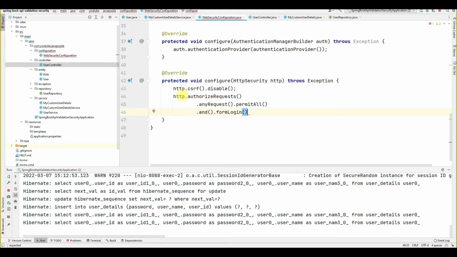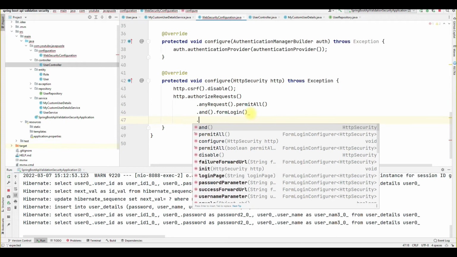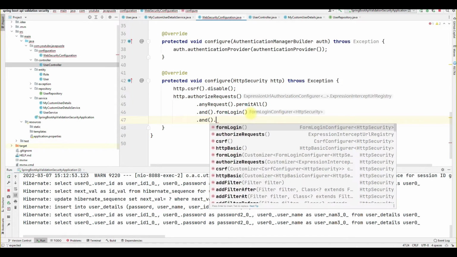Form login is by using the form login you are able to access your API by the browser where the login form will be open. So if you will not use that, you will not be able to use it by the browser. Then second thing is HTTP basic.